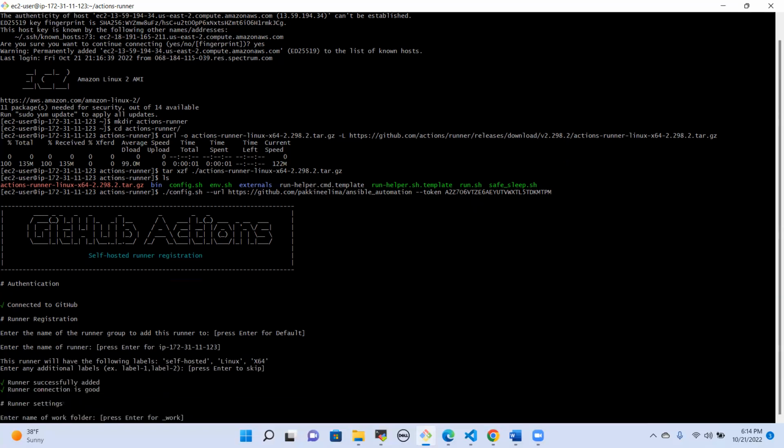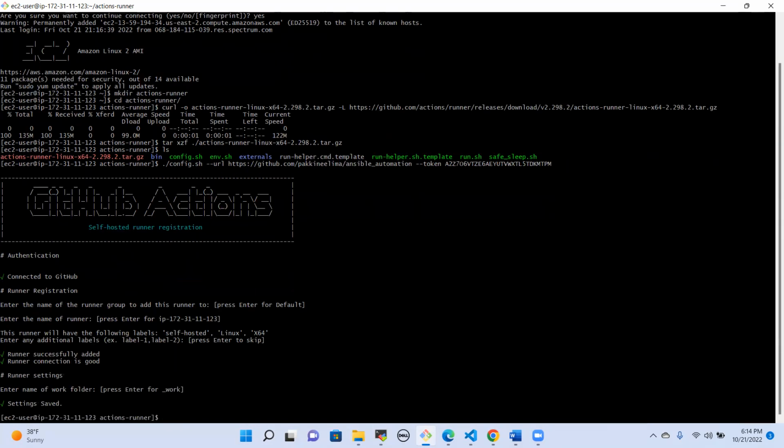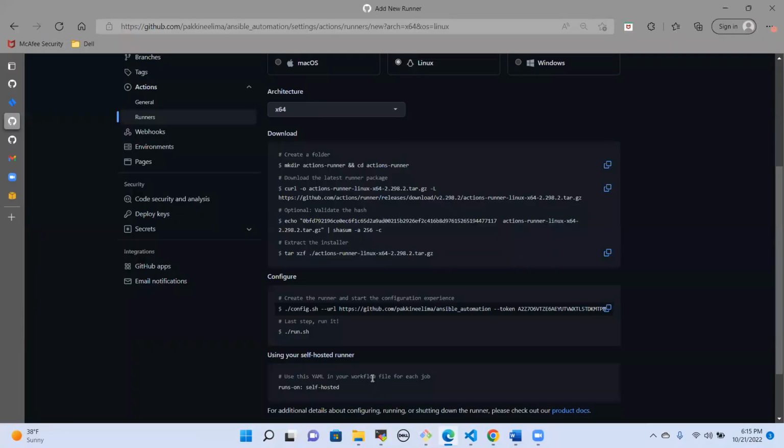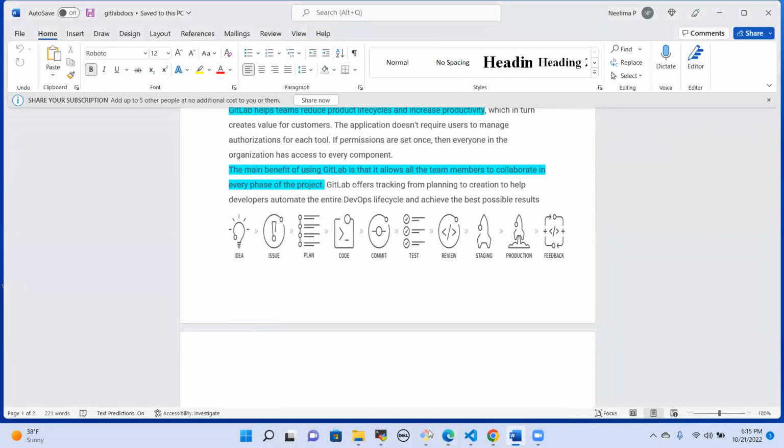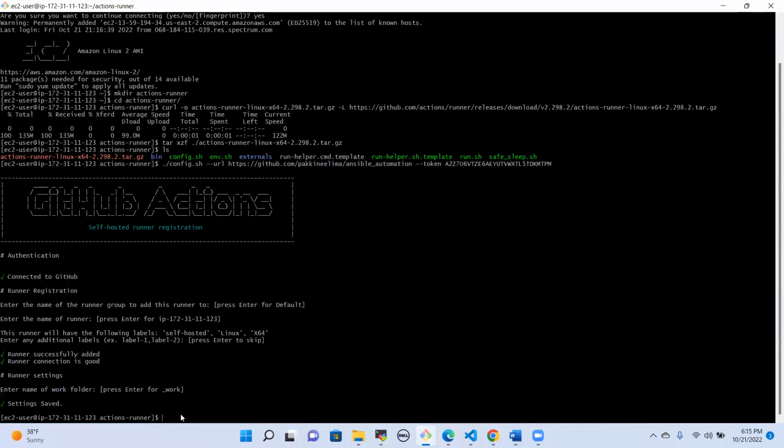The runner is added successfully. We can add the name to the folder. Here for the underscore work, we can just press enter. Okay. So the next step will be just executing the shell command run.sh to execute this. We'll have to just execute this command